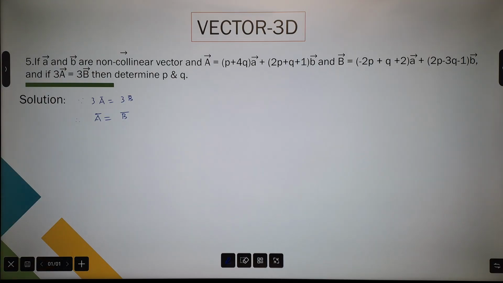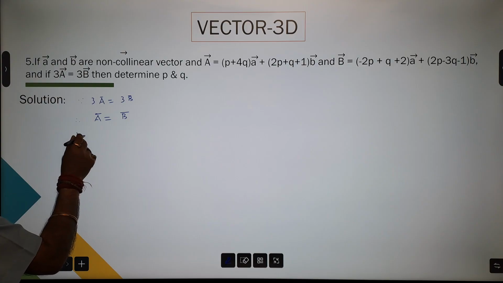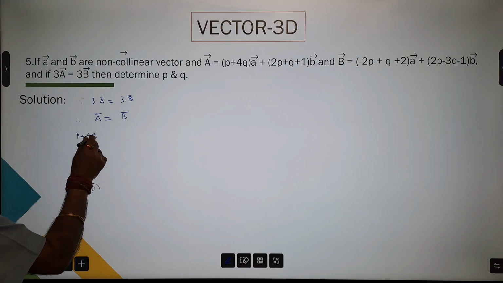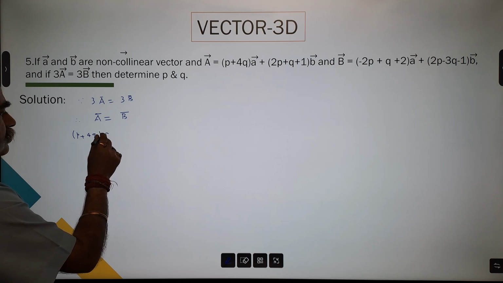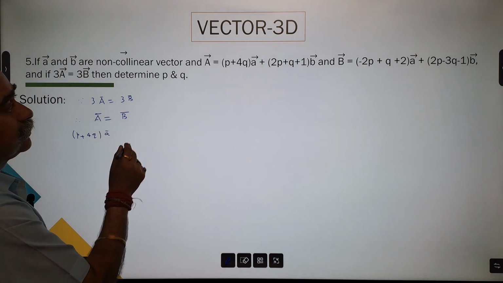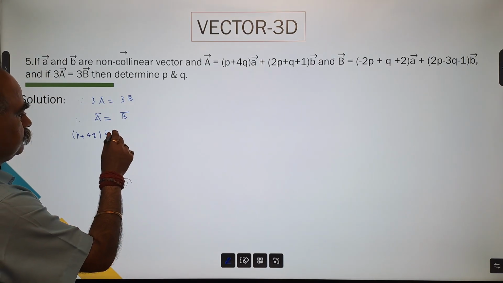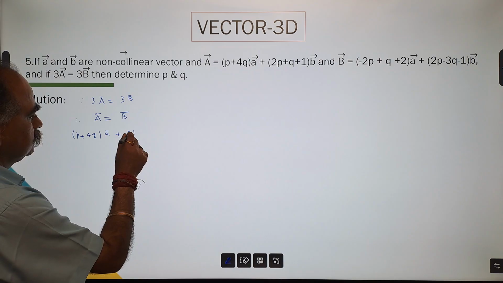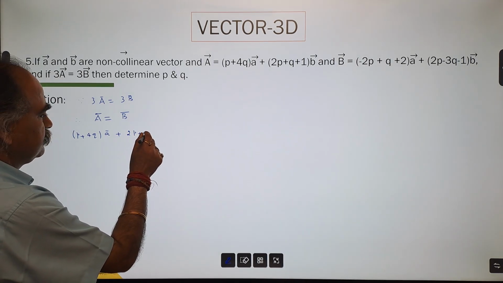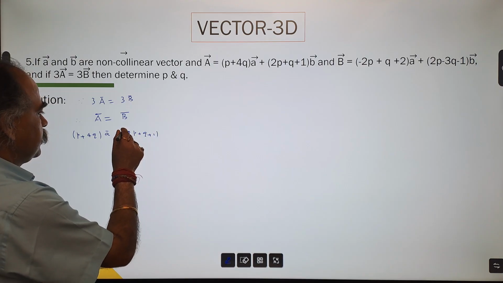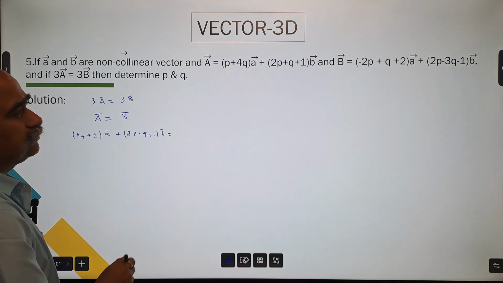A bar is what? P plus 4Q times a bar plus 2P plus Q plus 1 times b bar is equal to